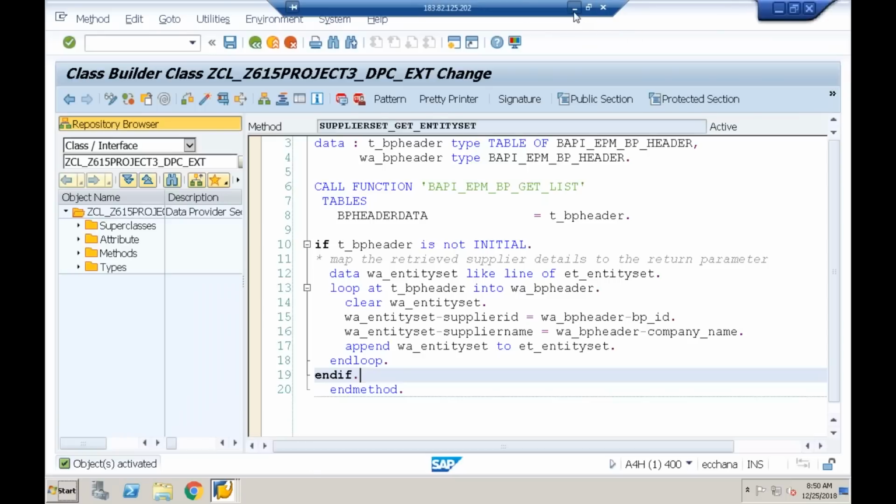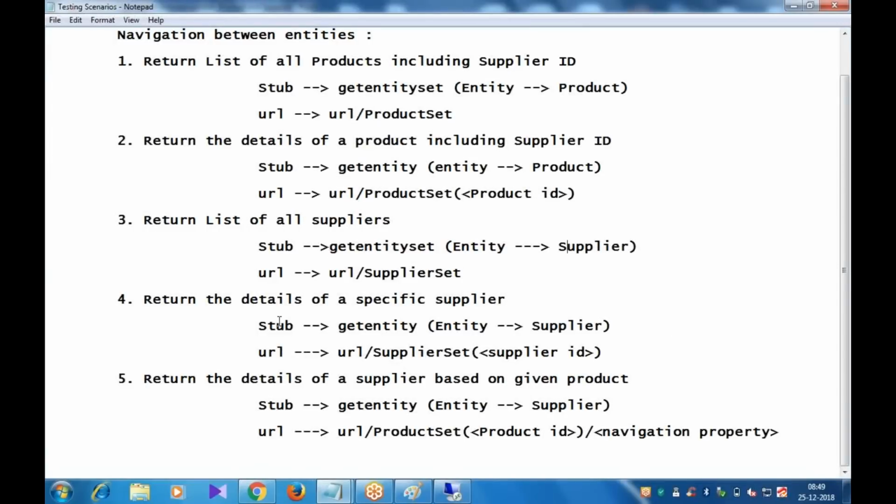Then what is the fourth one here? Return the details of a specific supplier. I have to implement which method? Get entity of so and so. So here I'll say